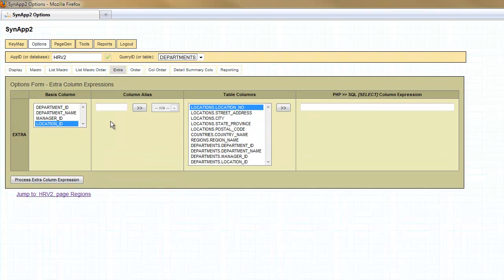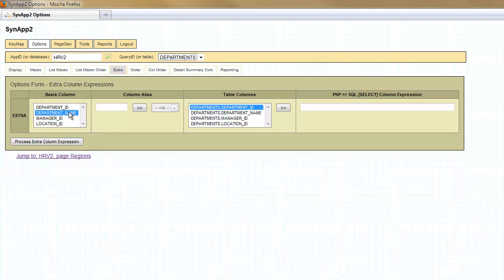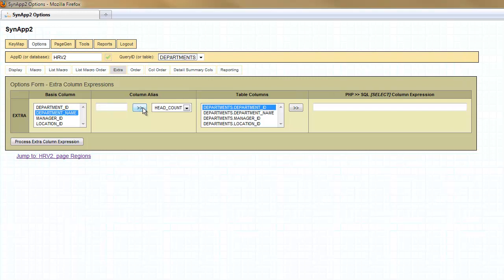Moving to the extra column, or rather sub-tab, we'll add an additional column for head count, inserting the column alias. This time I'll use,